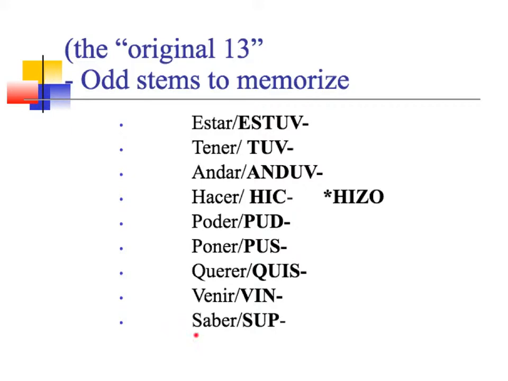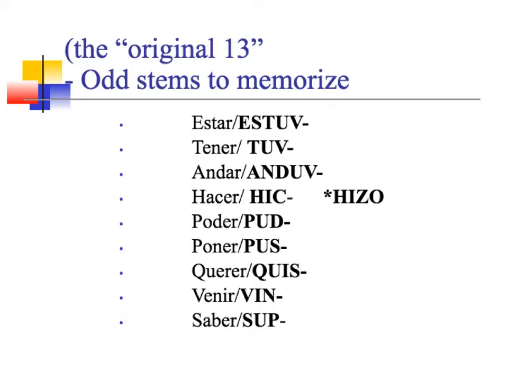So when I'm looking at this list of verbs, these are verbs that I need for everyday speaking. Estar is really common. Tener, hacer. I mean, these are verbs you need. Querer, okay? Saber. They're verbs that we've been working on already with different things. So now if we want to do them in the preterite, look what happens.